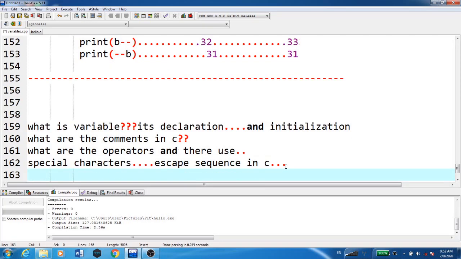Now in the next lecture we will be seeing the main function and different inbuilt functions, the syntax for printf and scanf functions, how we are going to create a C program, use these inbuilt printf and scanf functions, and how we are going to save and execute the C program, right? All these topics we will be seeing in our next video.